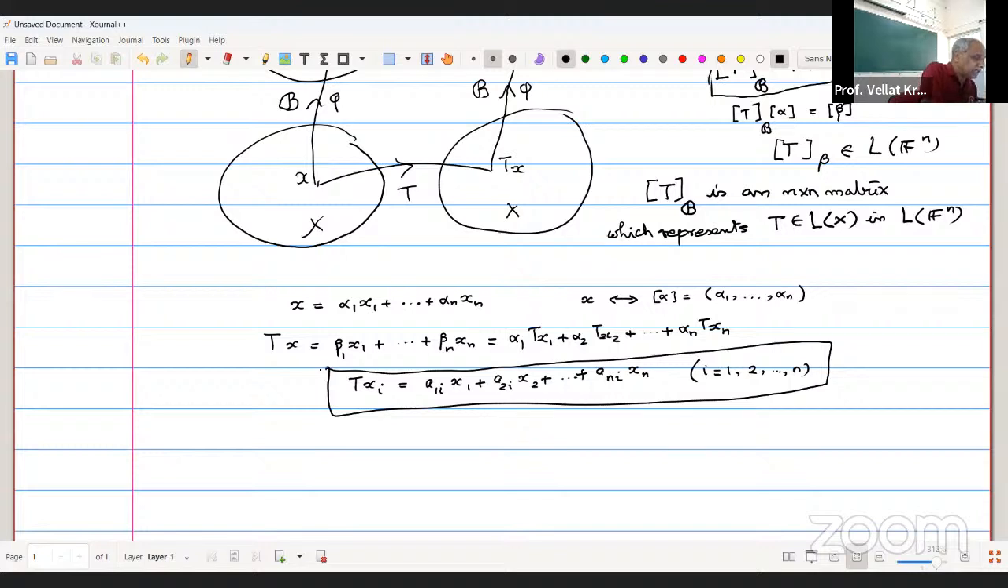You just plug in these sums here and then get a linear combination of them. And then what you do, as I discussed last time, is take the right hand side and the left hand side and compare, because x1, x2, etc., xn are linearly independent. Compare the coefficients of each xi and equate. Okay. Then what you obtain is this, that T